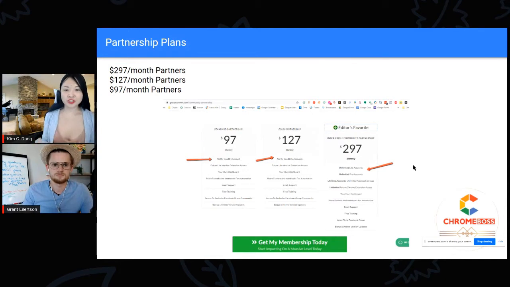There's also partnership plans, which is more licenses, more copies of the same exact thing. So we have 8 Chrome extensions now, and we have partnership plans for all 8 separately. And just for GroupConvert alone, I have partners paying me $297 a month, $127 a month, $97 a month for unlimited, 25 licenses. This is the GroupConvert one only, and $97.